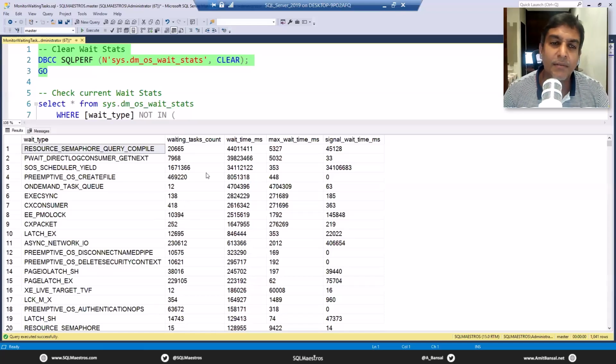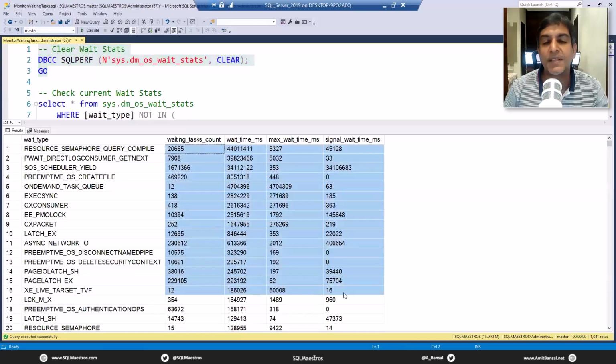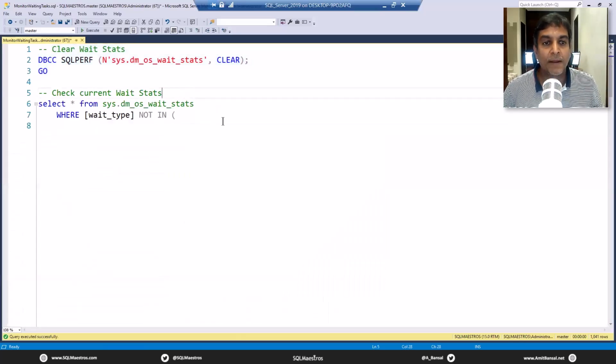The problem with these numbers is it just does not tell you things related to a specific workload or a query. It is all cumulative and aggregated. This is useful in some scenarios, but not useful in many. And the thing that I am going to show you next is useful in other scenarios. Okay, so we'll discuss that also in a bit. Okay, now